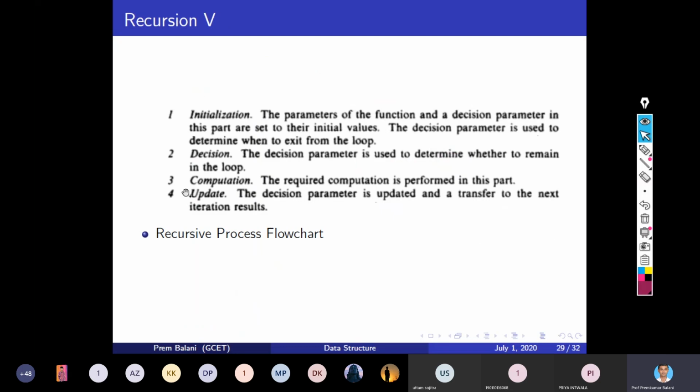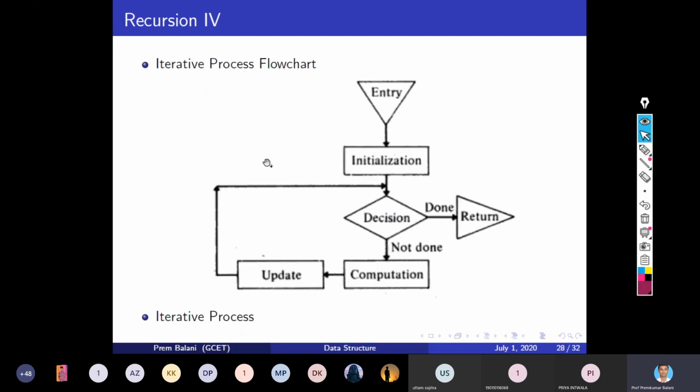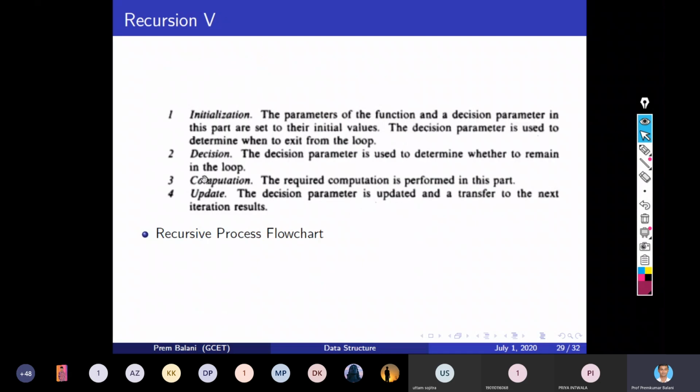So this is the description of iterative process. First we do the initialization, right? The parameter of the function and the decision parameters in this part are set to their initial values. The decision parameters is used to determine where to exit from the loop, right? And next is the decision.